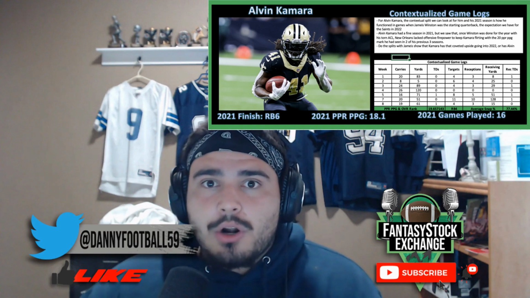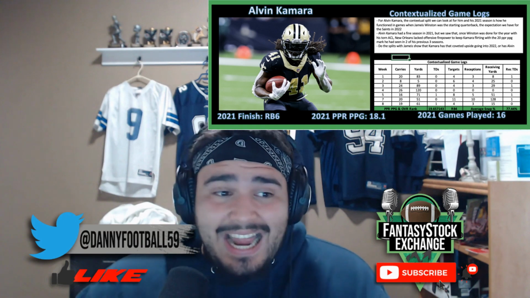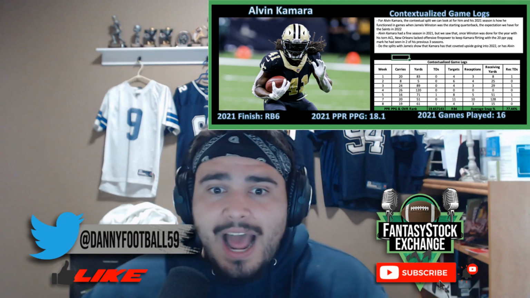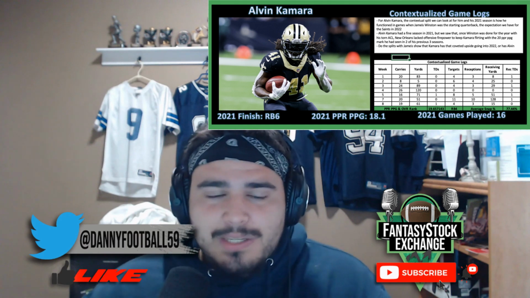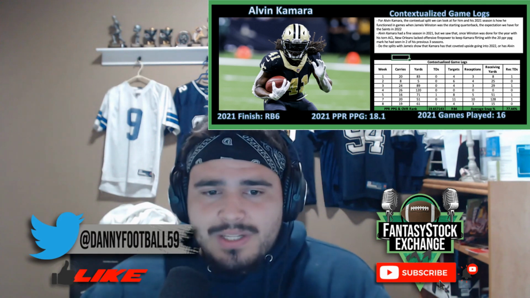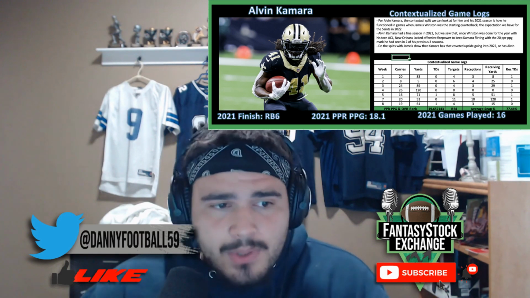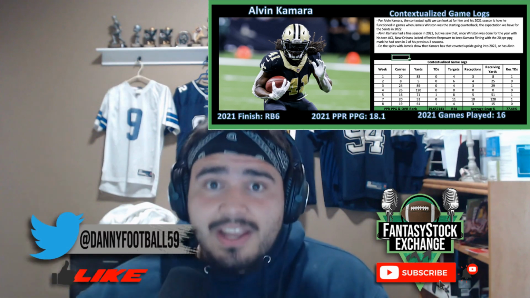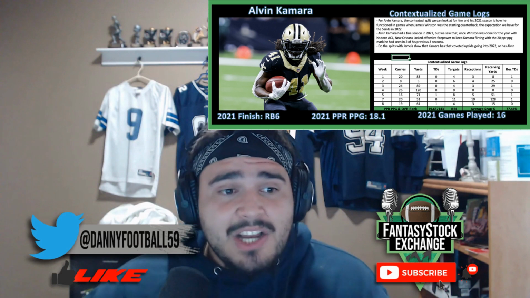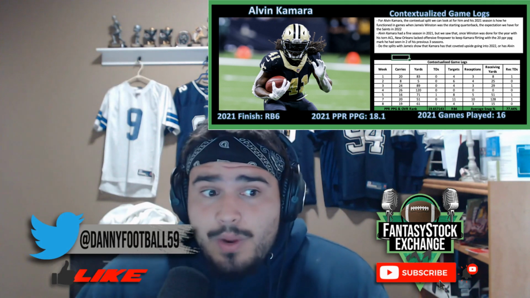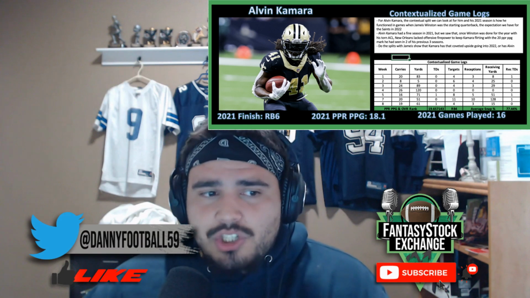Hopefully with a full year with Winston in this offense, I expect them to take that next step. A team that, with Winston under center, averaged 25.14 points per game and dropped to 18.9 points per game once Winston got hurt. I think they can recapture that 2021 glimmer. Obviously, Michael Thomas coming back to this offense, Chris Olave coming back to this offense, maybe potential 11 personnel added with the addition of Jarvis Landry as well.